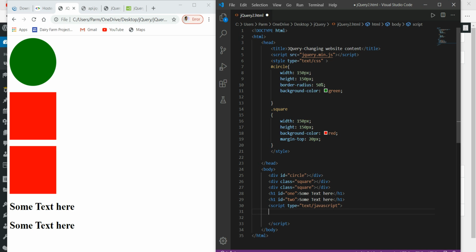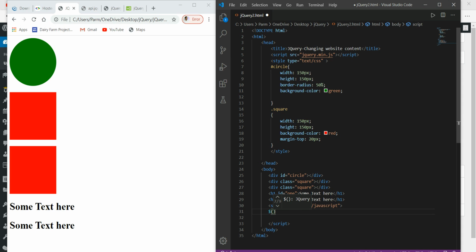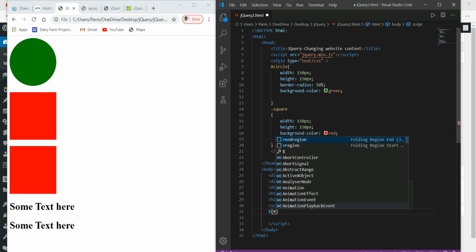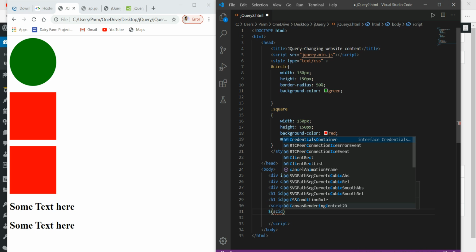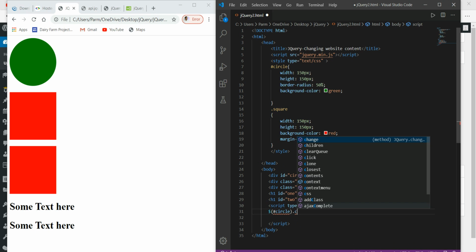I will use the dollar symbol, then here I have to give the selector. The selector for this is the ID, circle, dot, and I want to make this event for click.